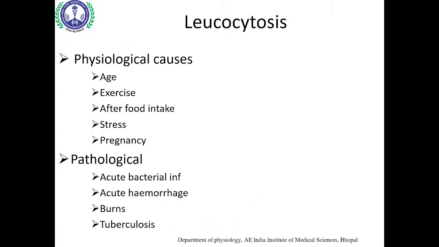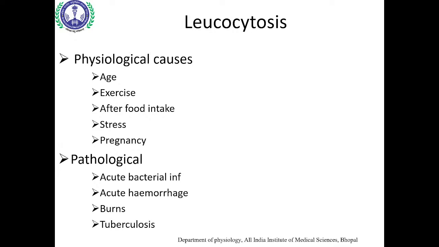So leukocytosis is the general term for increase, जो कि आप TLC से बता सकते हैं कि yes there is leukocytosis. What is leukocytosis? Increase in the count of WBCs. कितना increase? ये inappropriate answer था, right? कितना increase? How much? हाँ? Above 11,000. Above 11,000 it is leukocytosis. I'll be coming to another term that is leukemia, right? But abhi nahi. So these are the physiological.